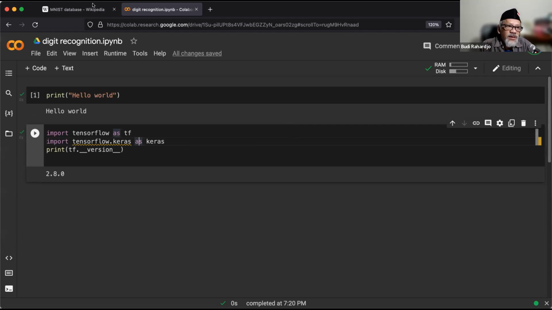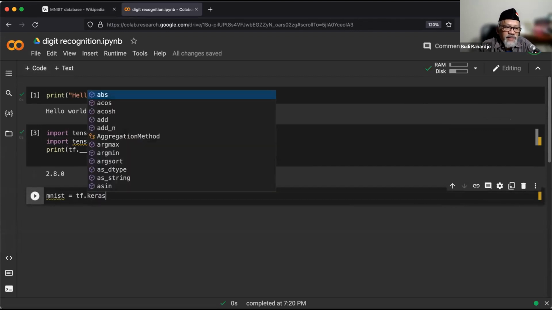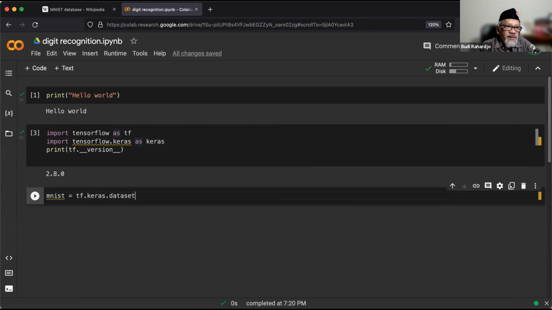So what we're going to do is create code again here. We're going to call MNIST equal TensorFlow Keras datasets MNIST. Okay, so we can run this. If you see the green check mark, this is okay. So basically what we are doing is loading the TensorFlow MNIST database, that's 60,000 images. This is just the definition. We have not loaded them.